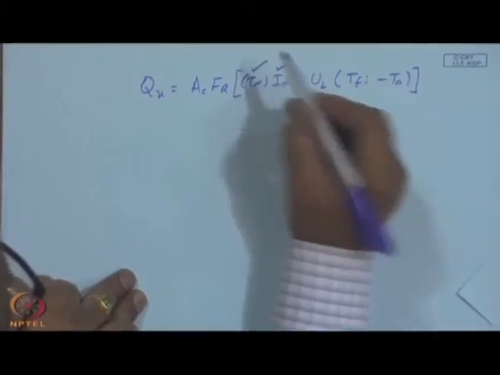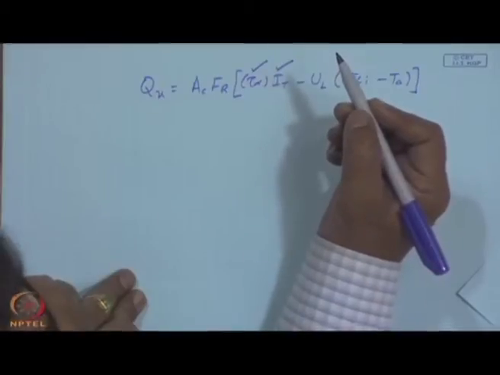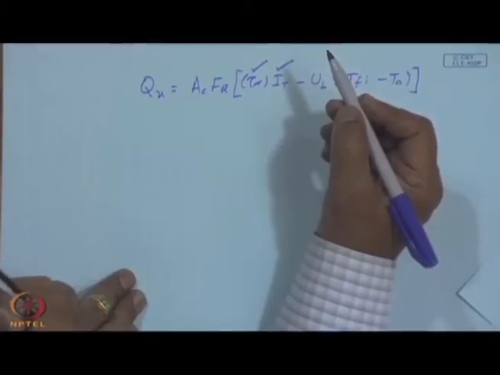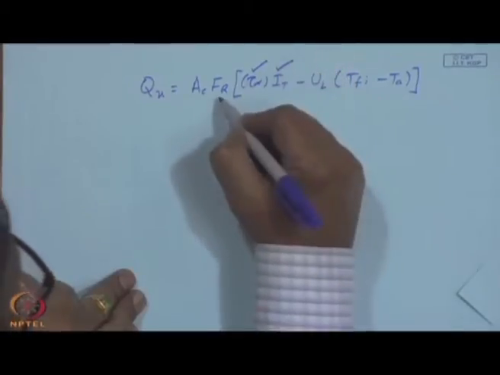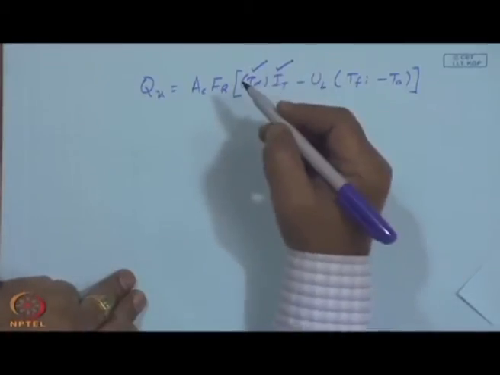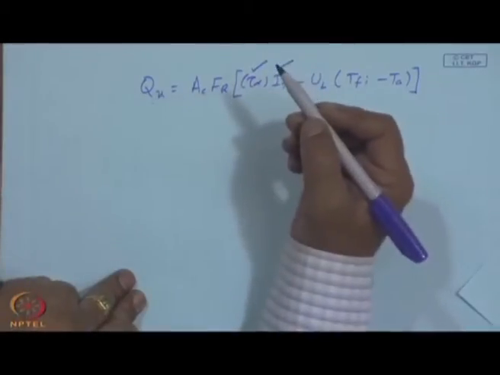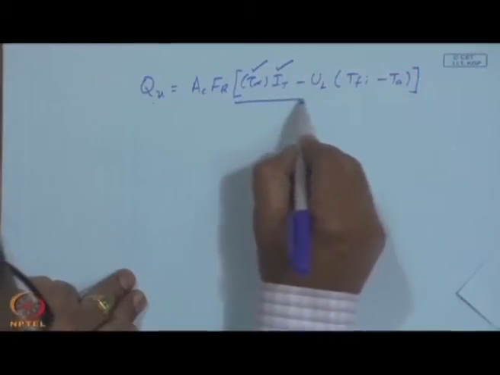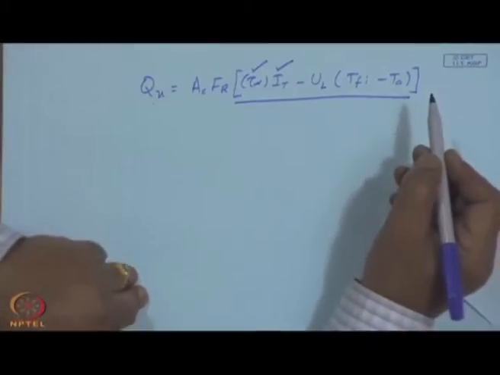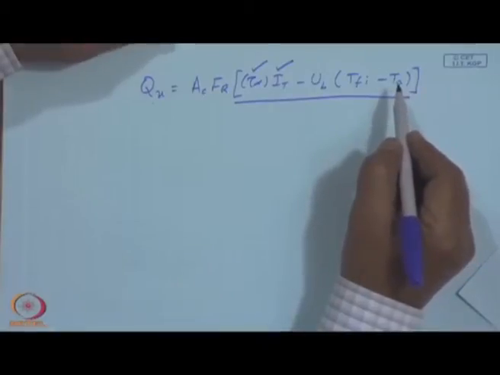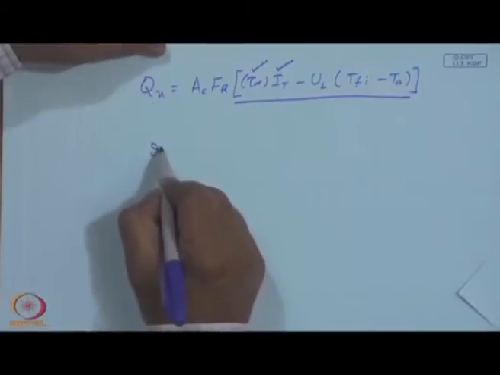And we also know how to estimate tau alpha comprising of sky diffuse radiation, direct radiation and the ground reflected radiation, and F r will depend upon my actual energy gain, for which I should find out what is this Q u, upon the maximum possible if the entire collector is at the inlet temperature as given by this term. Okay, it can be experimentally determined or it can be theoretically calculated, which we will see in a little while. But our immediate task is to calculate